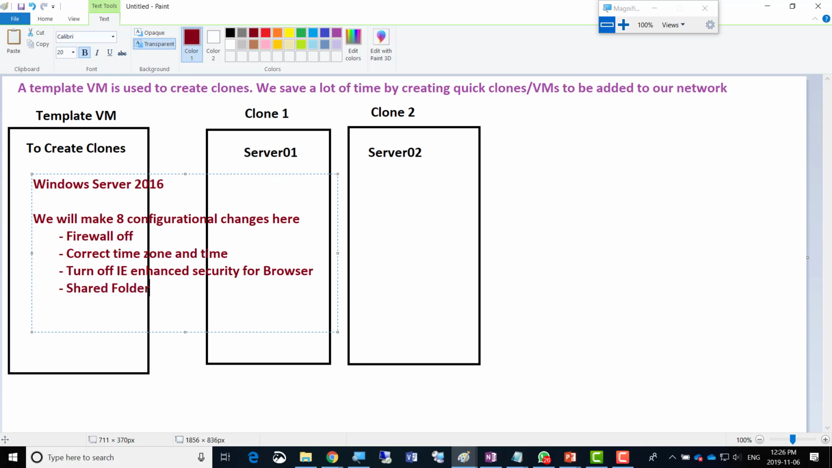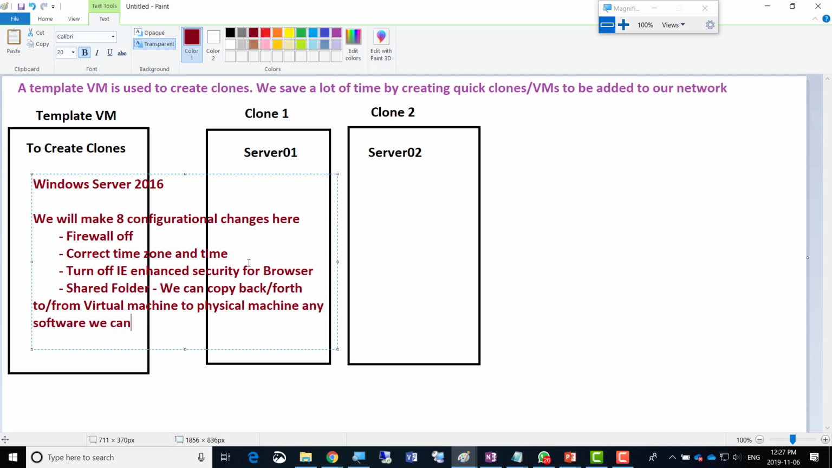and shared folder feature, we're going to be implementing all that now. So the shared folder feature is that we can copy back and forth to and from the virtual machine to the physical machine, any software we want. Any software we want. So if you want to